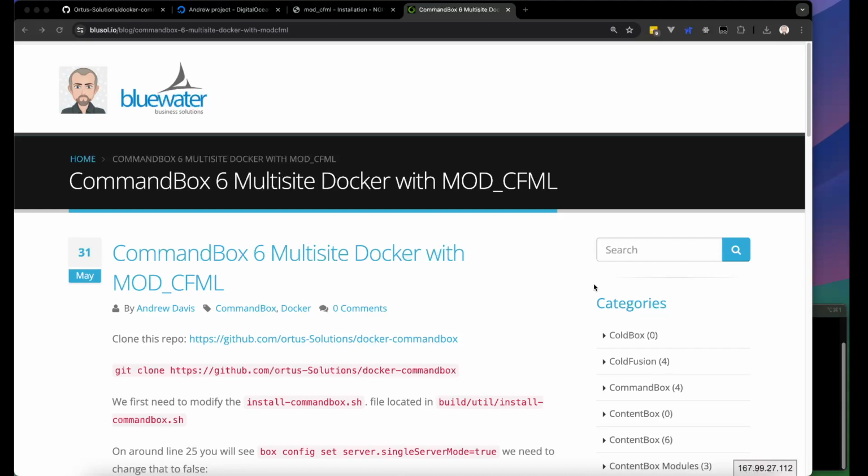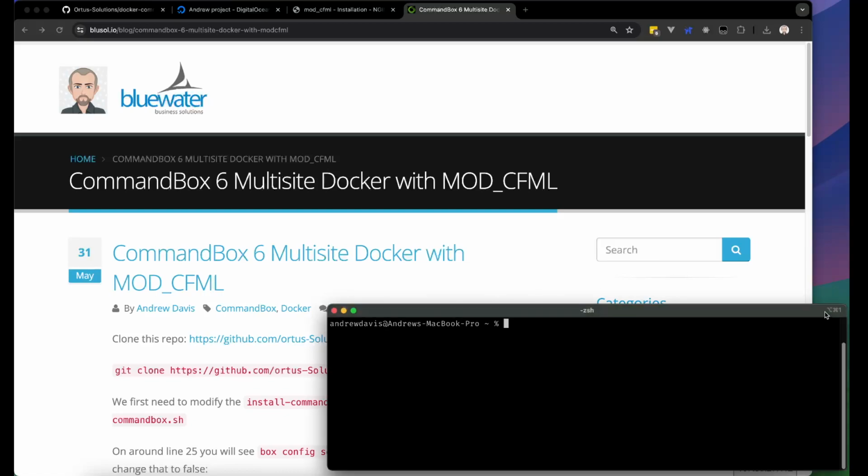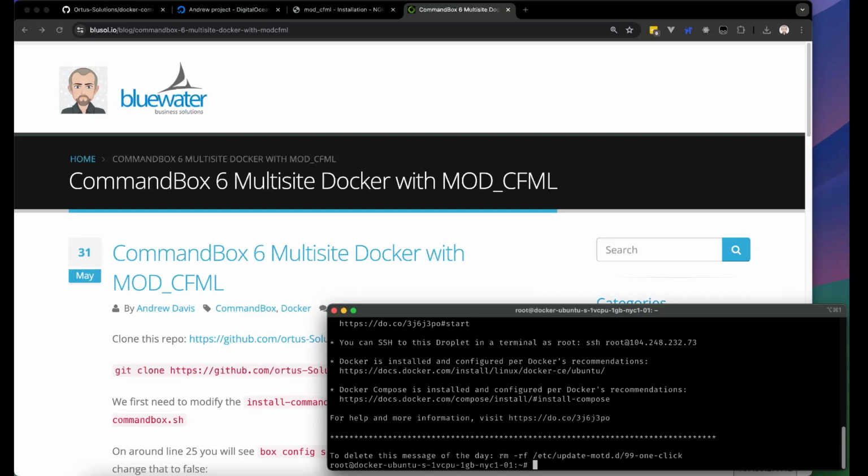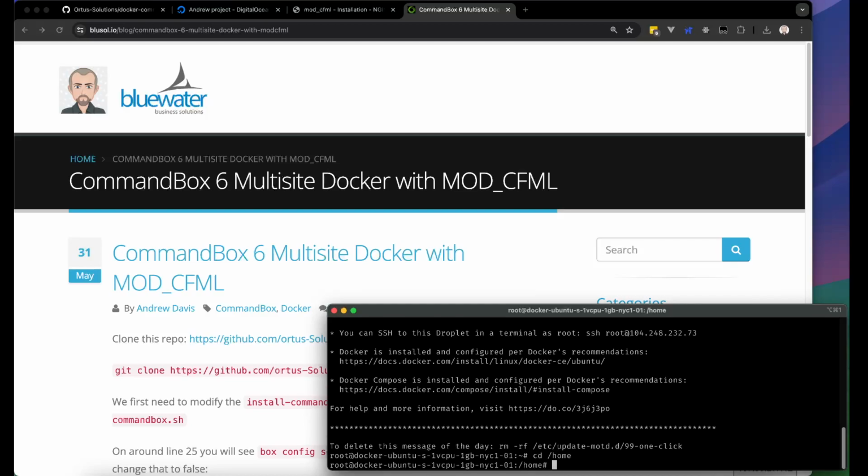Now, some prerequisites are going to be that you go ahead and get a DigitalOcean server droplet up and running, and we're going to SSH into it, and that's what I'm about to do now. You can see it's the first time I've SSH'd into it, so it asks for a little bit of information. Now the next thing we're going to do is go into the home directory,